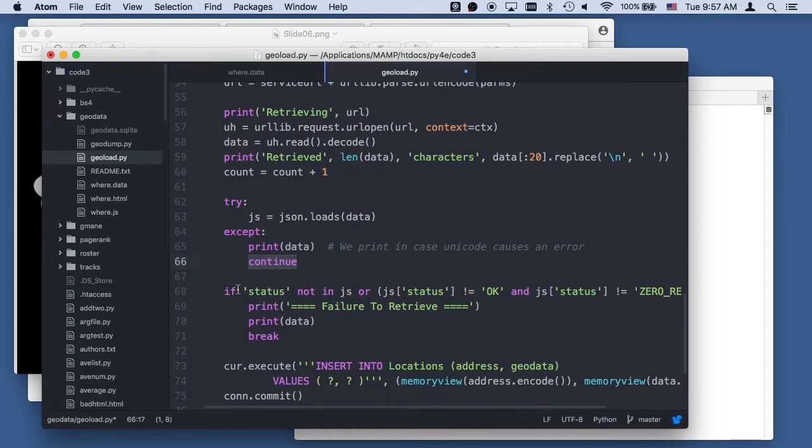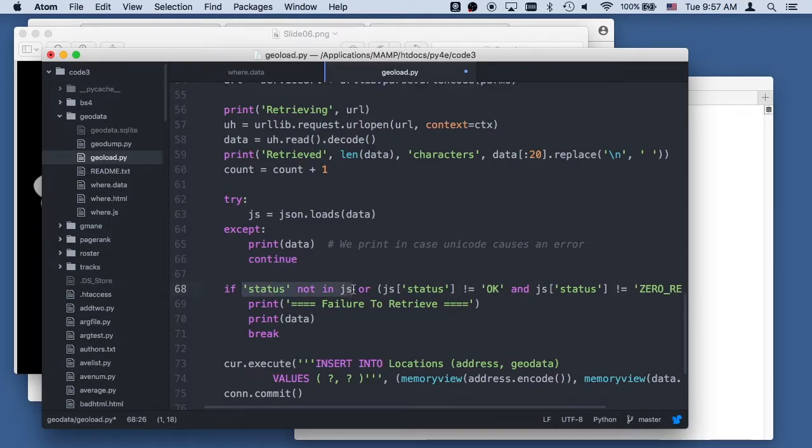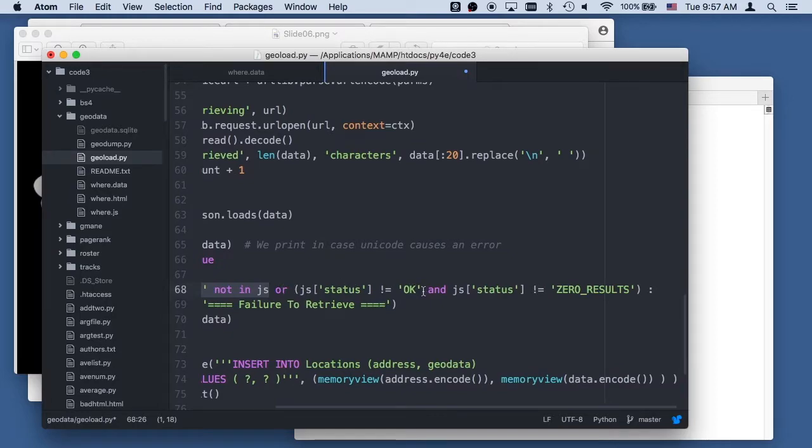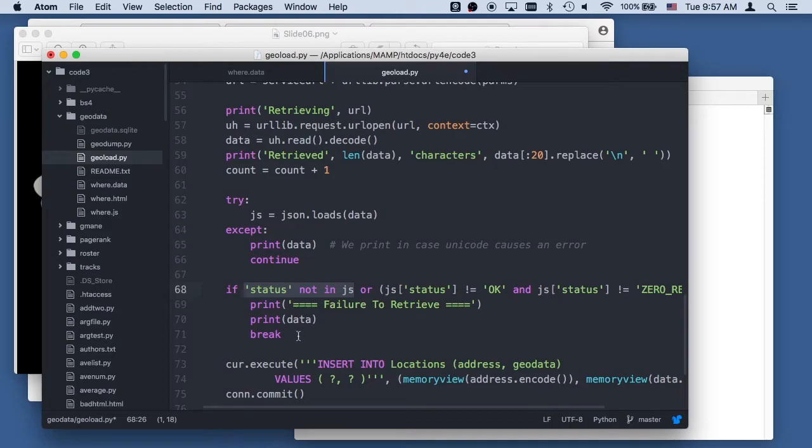And as we've seen, at this top level of this JSON data from this geocoding API is an object, which we'll see a little bit of it in a bit. And it has a status field in it. And the status is okay if things went well. So if the status is not there, that means our JavaScript is not well formed or not how we expect it. If the status is not okay or not equal to 0 results, then print out failure to retrieve and